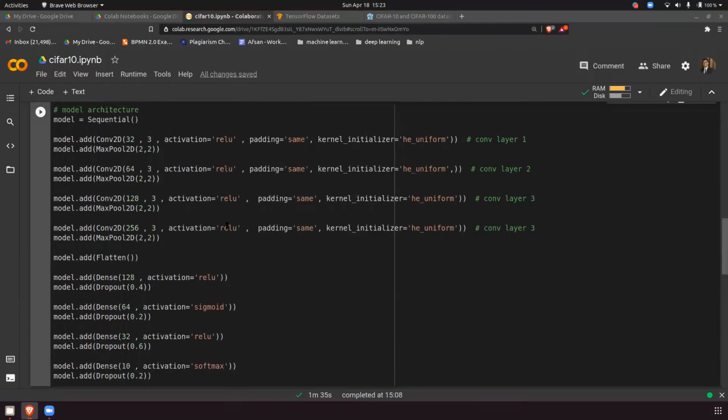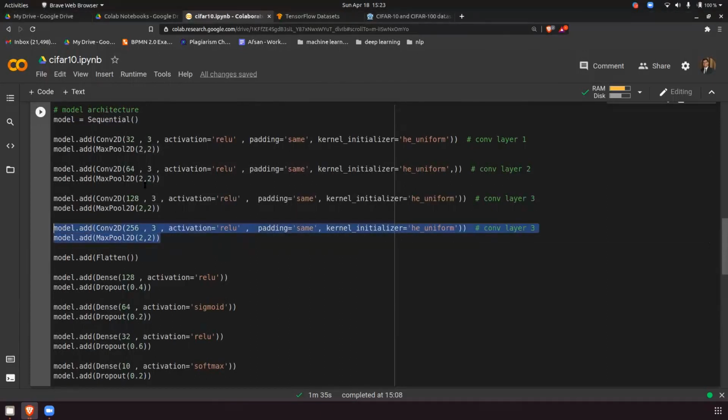And one more thing, don't blindly keep on adding convolution layers, because the calculation also matters. That's why I told you the calculation yesterday too. If you keep on adding layers, the image size becomes smaller and smaller after each convolution layer. It might happen that the kernel size and the image size are the same and you're trying to do convolution there. That will throw an error. To avoid this, you can set padding equal to same.